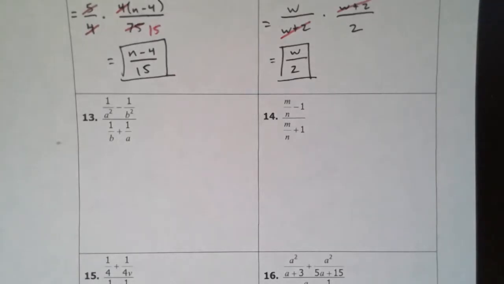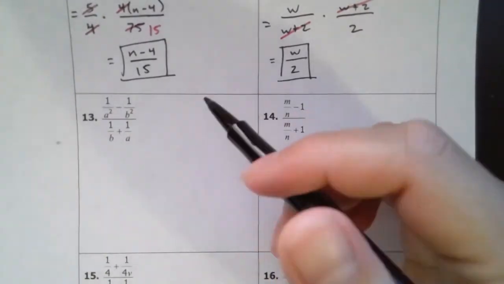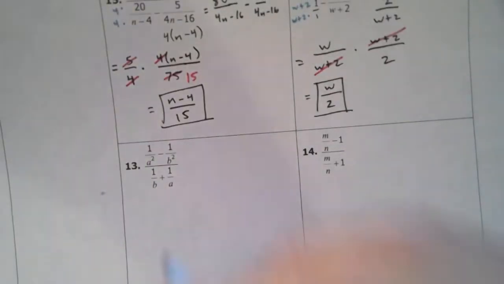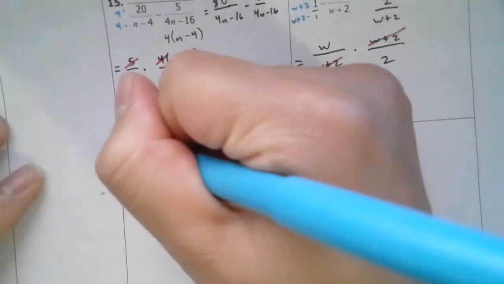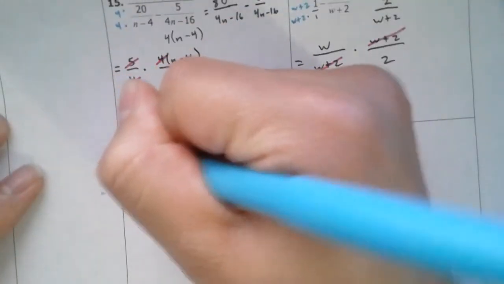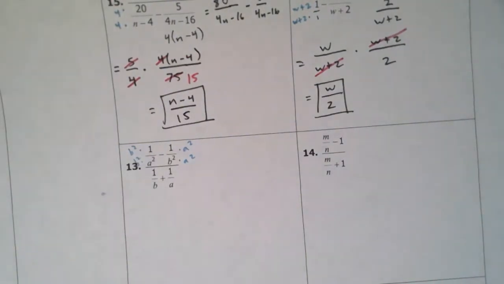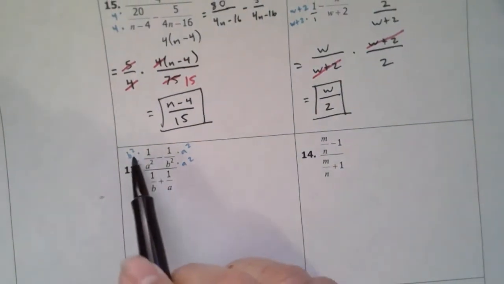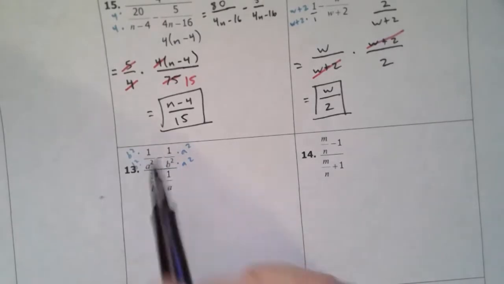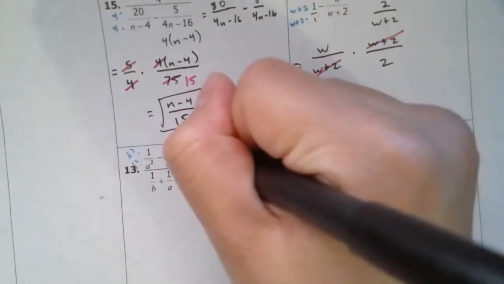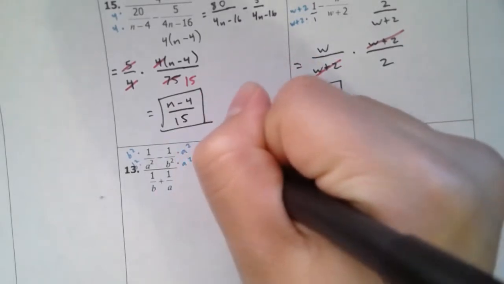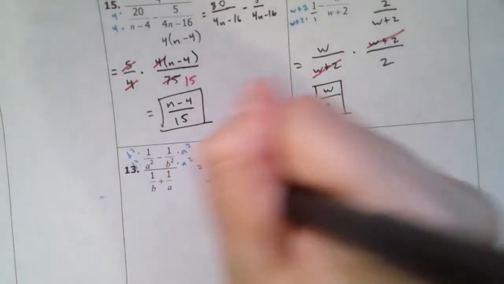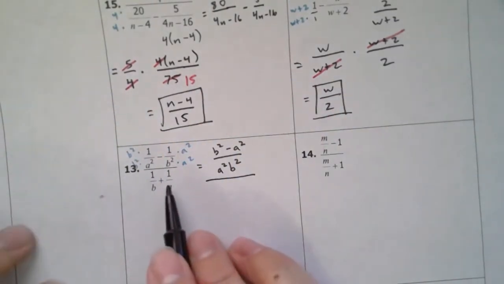Number 13. We're almost there. I have to combine the numerator fractions. Multiply top and bottom here by a squared, and the left side by b squared. That will allow me to have the same denominator, so I can combine them. So I would get b squared minus a squared all over a squared times b squared over,